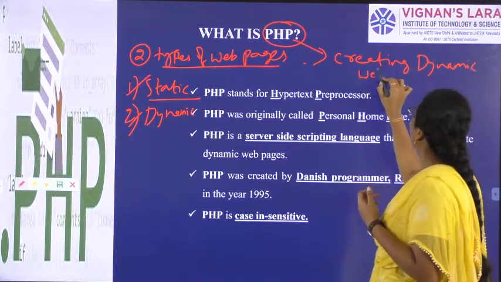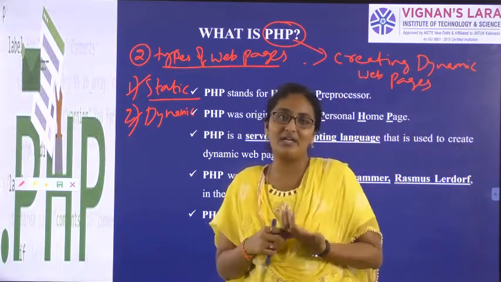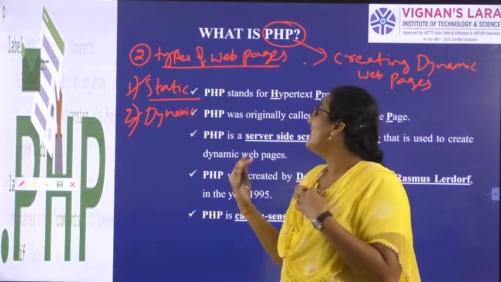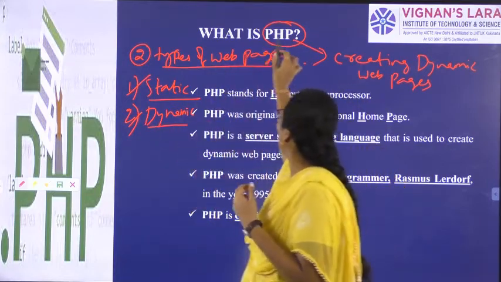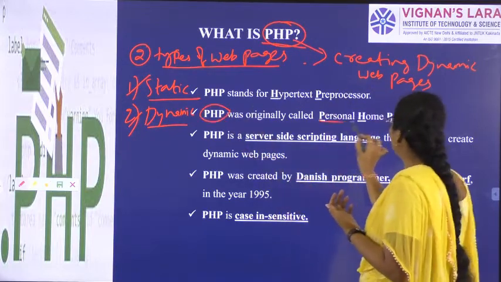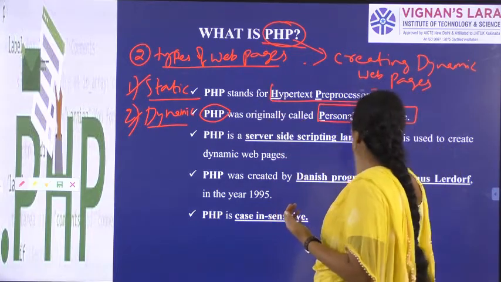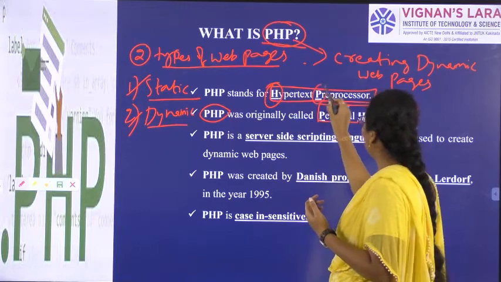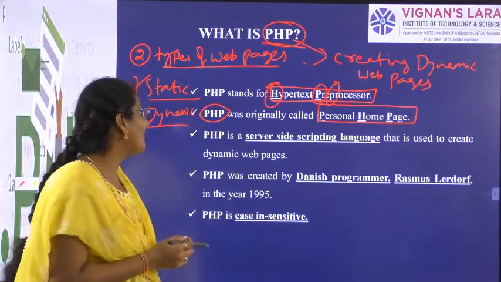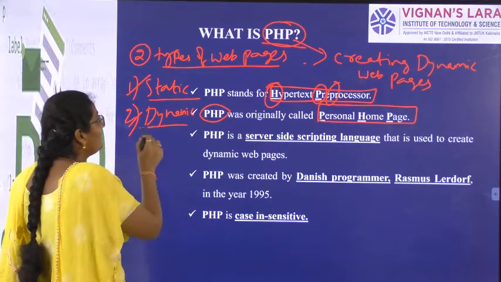So till now we know how to create a login page, how to create a registration page using HTML tags. Now we are moving a bit further, that we need to create dynamic web pages with the help of personal home page. The originally general form of PHP is personal home page, but it also stands for hypertext preprocessor. So PHP we can call a personal home page or we can call it hypertext preprocessor, and we are using this for generating dynamic web pages.